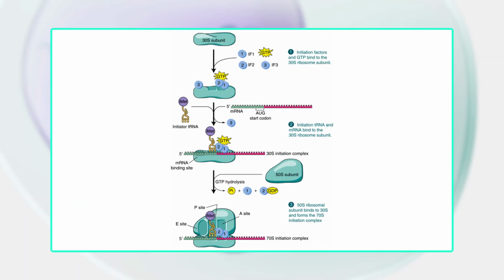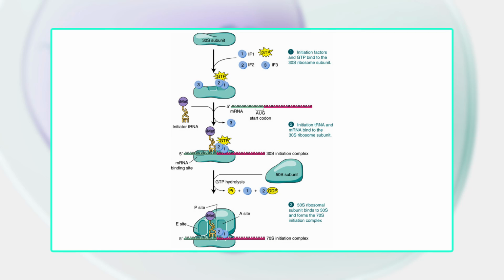Once the mRNA and 30S subunit are properly bound, an initiation factor brings the initiator tRNA amino acid complex, F-methionine tRNA, that is formyl methionine tRNA, to the 30S P site. The initiation phase is completed once a 50S subunit joins the 30S subunit, forming an active 70S ribosome that is larger in size.